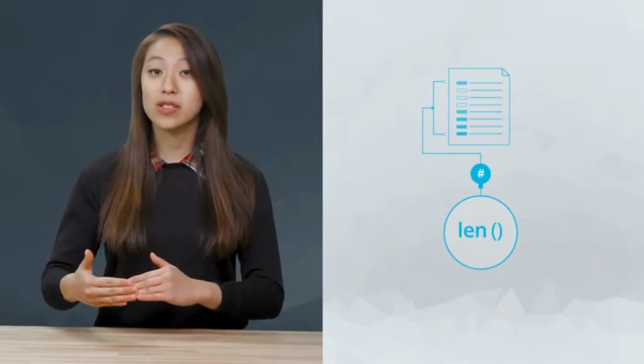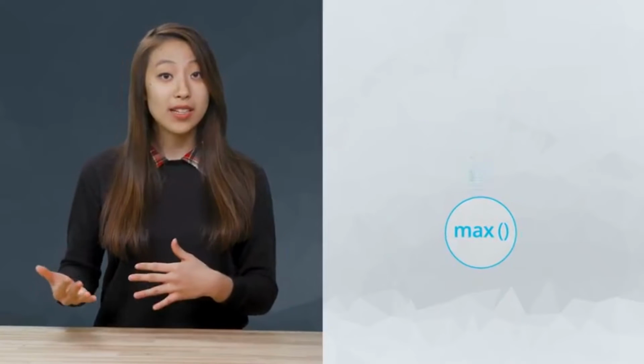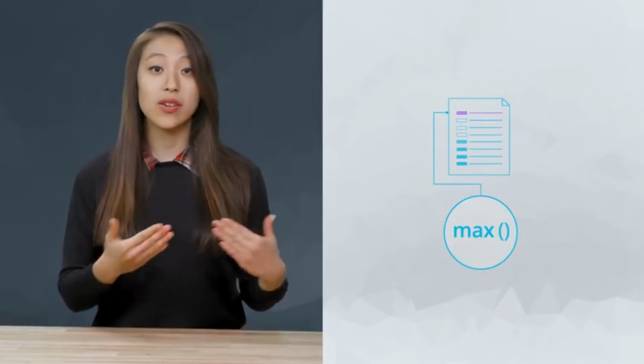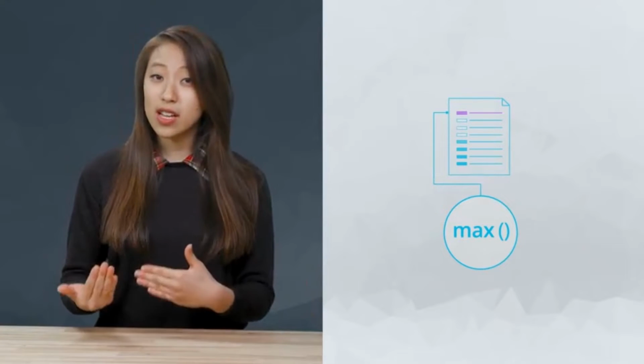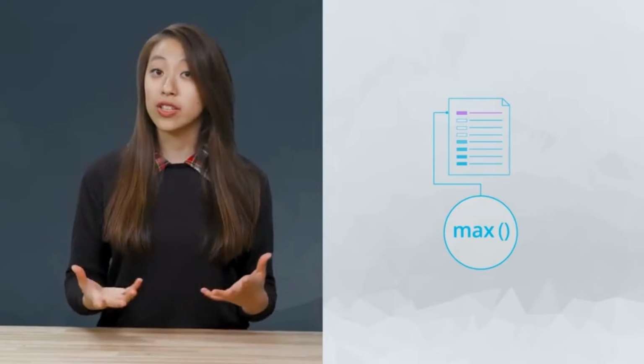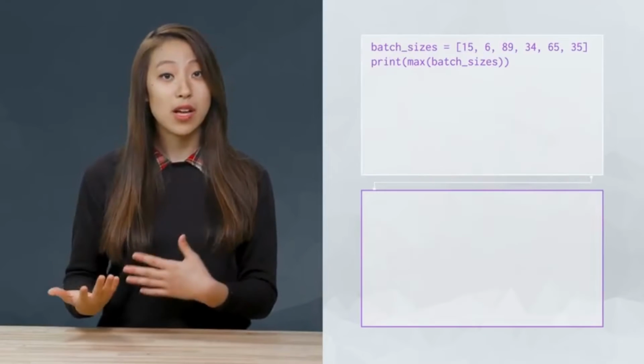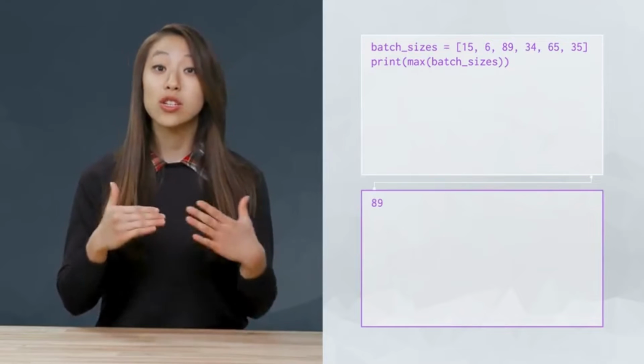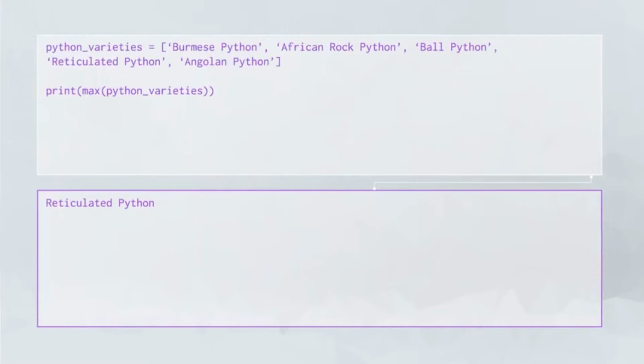While you experiment with lists, there are some useful functions you should get familiar with. Len returns how many elements are in a list. Max returns the greatest element of a list. How the greatest element is determined depends on what type of objects are in your list. The maximum element in a list of numbers is the largest number. The maximum element in a list of strings is the element that would occur last if the list was sorted